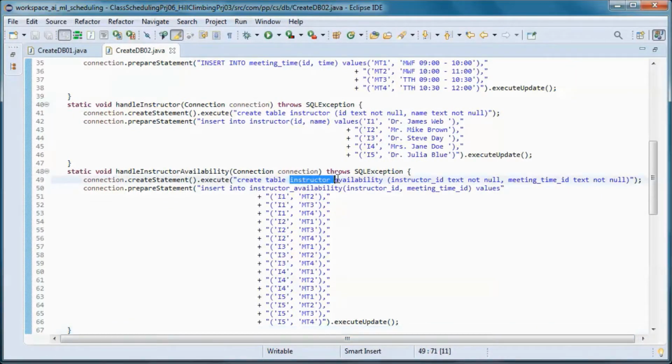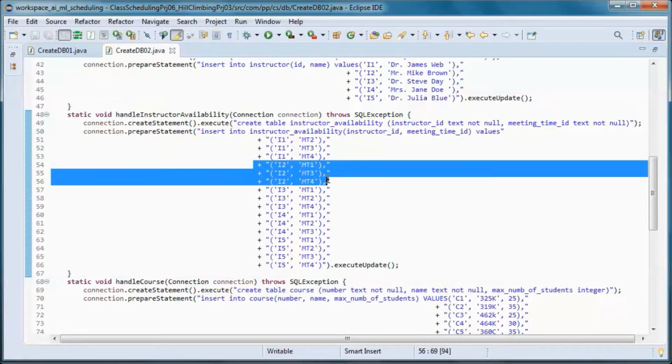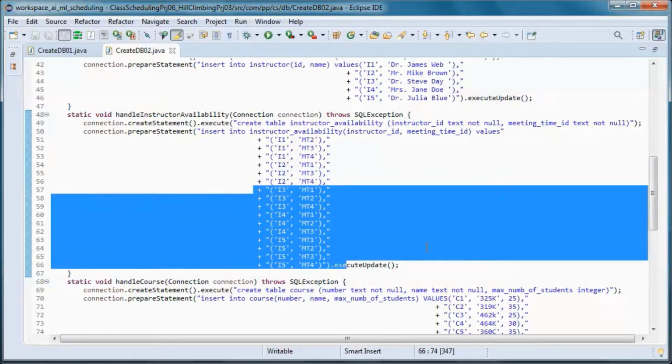So this table will have an instructor ID and a meeting time ID. So this instructor is available for meeting time 2, 3, and 4, and this one for meeting time 1, 3, and 4, etc.